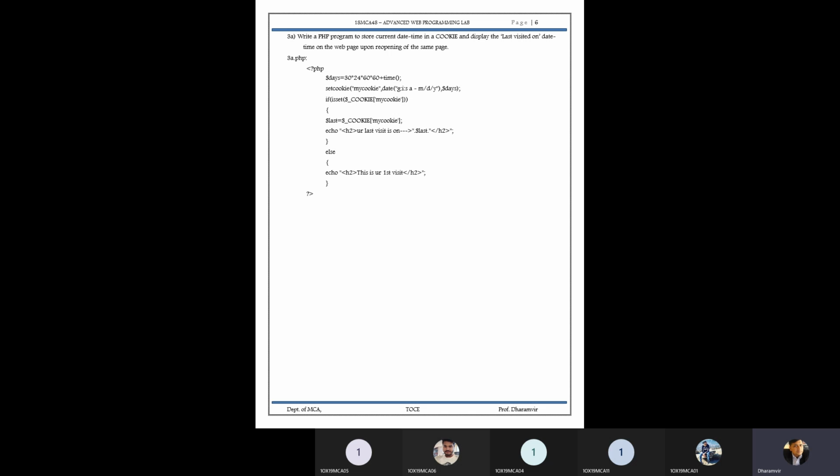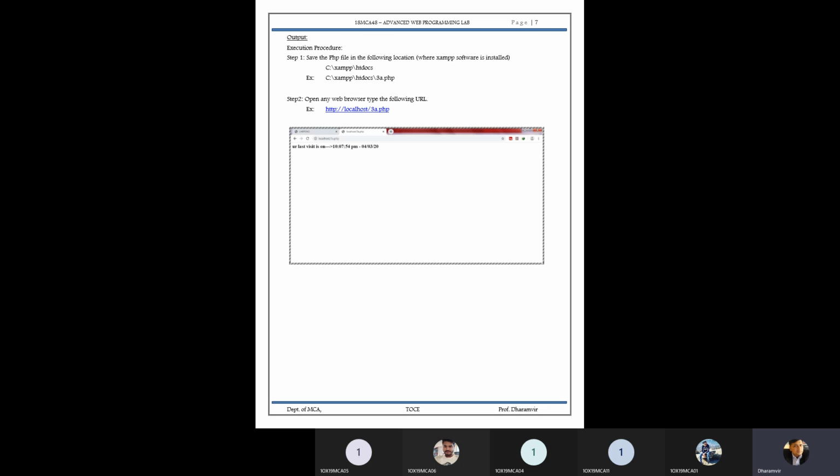What you have to remember: setcookie, then isset, that we use for setting the cookie, where my cookie holds the data. And we are going to explain the visit data to identify the cookie operators. Fine, this is the first part. Second part, what we are going to do: save the same somewhere and then display your last visited time as the system shows it.